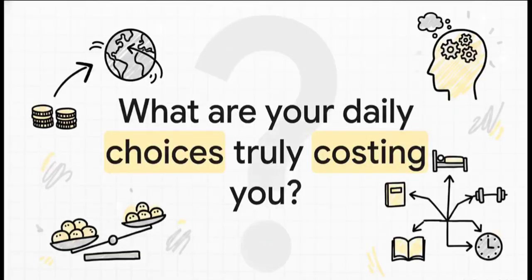Well, we've built this mental model all the way from the ground up. We moved from the hard reality of scarcity all the way out to global trade. You've seen that prices are honest messages, that incentives completely dictate human behavior, and that absolutely every choice carries a hidden cost. So, I'm going to leave you with this provocative thought to apply to your own life today. Now that you know you can't have it all, what are your daily choices truly costing you? Double down on your strengths, respect the trade-offs, and you'll navigate your world with absolute clarity.